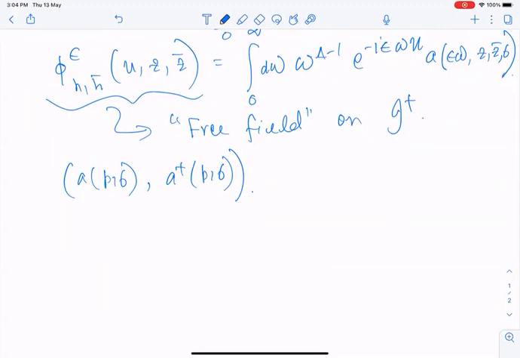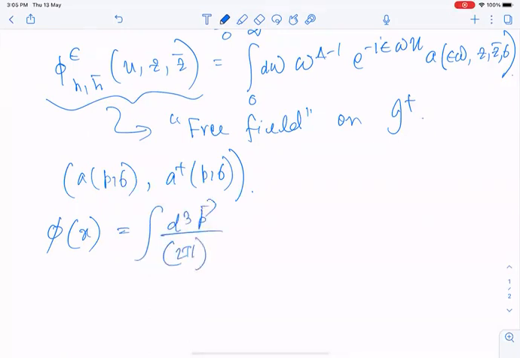from there you can construct two types of field. One kind is these fields, these phi's, phi epsilon h bar and u z z bar, which live on Scri plus. And the other kind of fields are the space-time fields. If I just talk about the scalar field, sigma equal to 0, then those we know are of this form. Both are like free fields, but